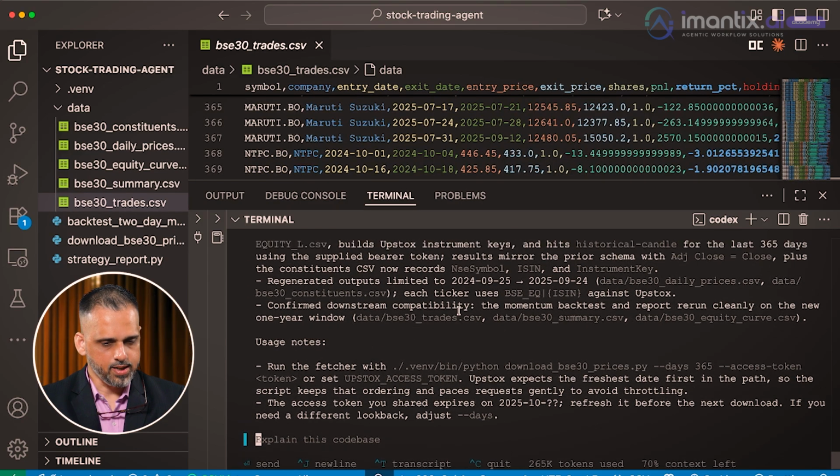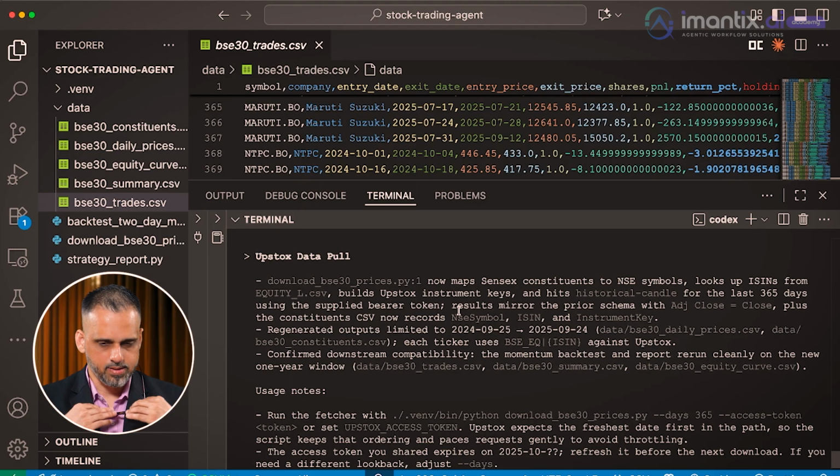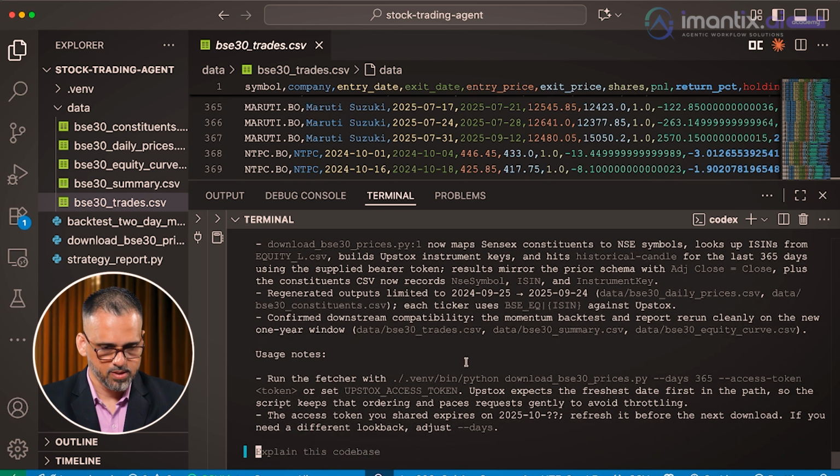It says that it has now managed to fetch the data using Upstox. It has matched all the tickers. Okay, fine. Upstox expects the freshest data, so the script. Okay, fine. So all this looks good. Let's verify now